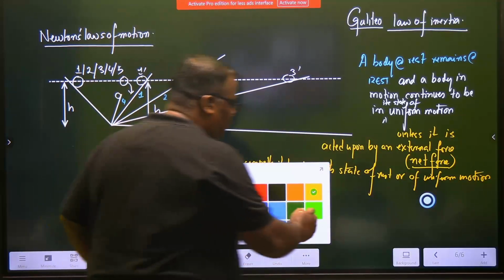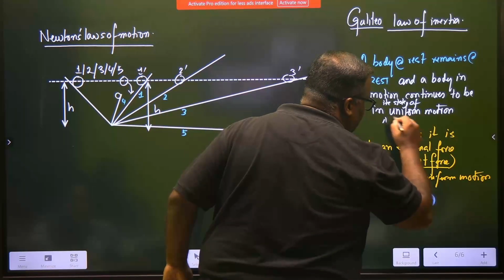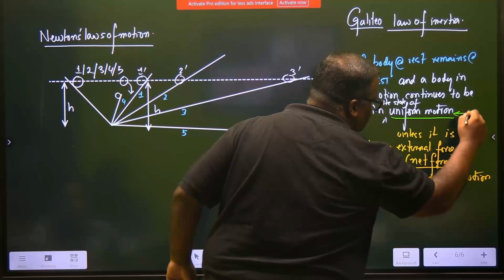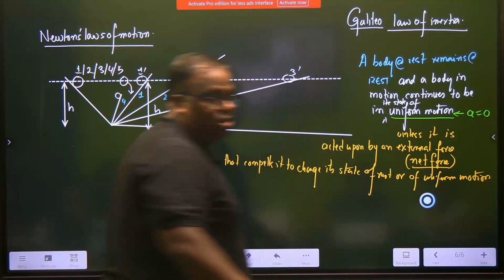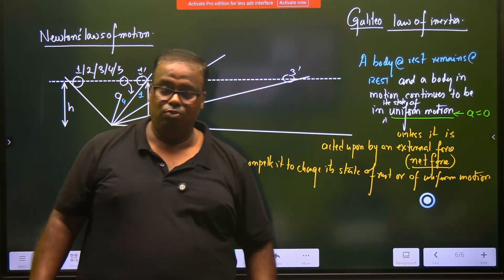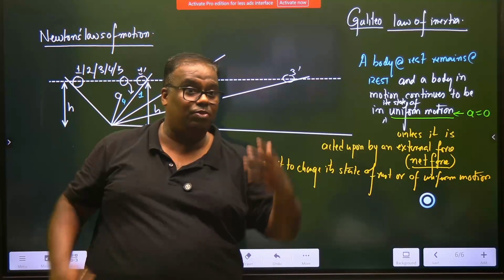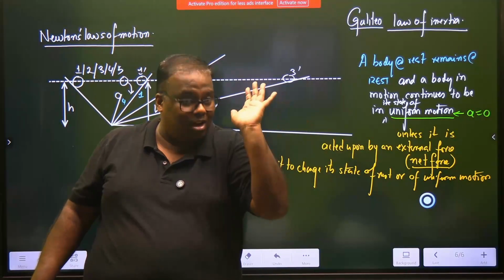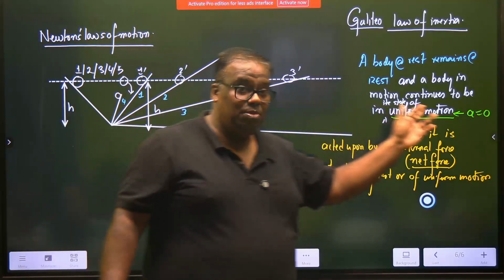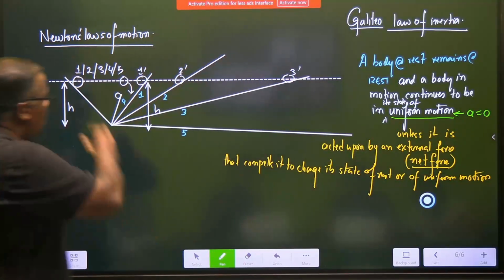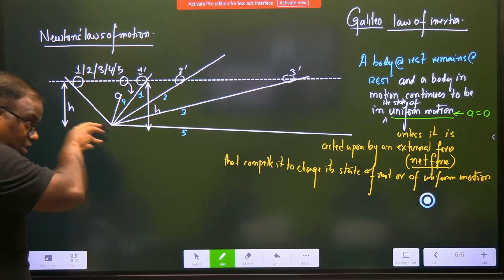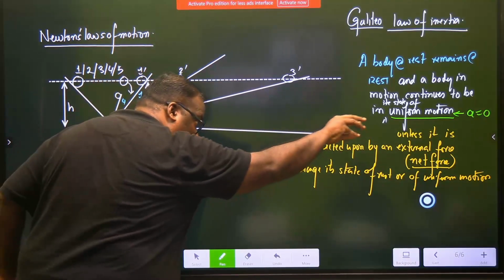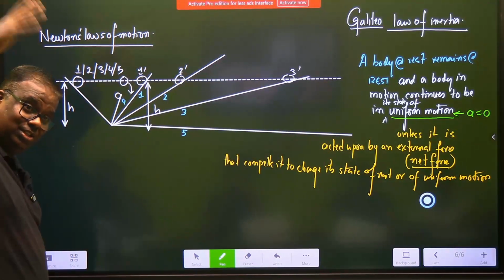So when I say uniform motion, at least now you understand something, that during this phase, acceleration should be zero. Then only it's uniform motion. A body is said to be in uniform motion if it covers equal displacement in equal intervals of time, no matter how small the time intervals are. A body in motion continues to be in a state of uniform motion, continues,